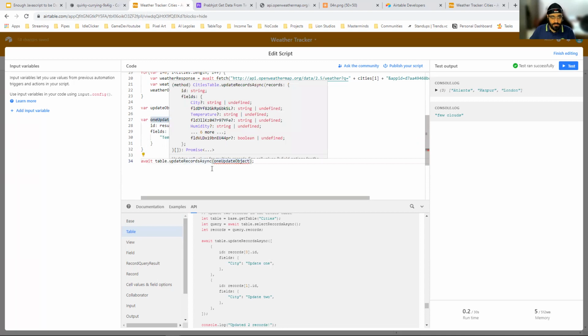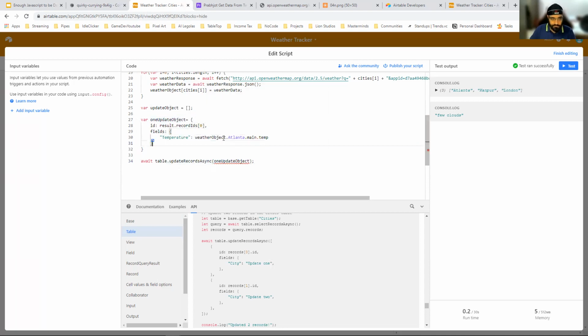Oh yeah, because I'm using update records async, I need to wrap it in an array because this expects an array as input. So let's play this. What we expect to happen is that the Atlanta temperature will be set.